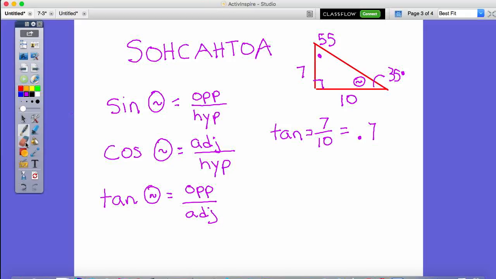Okay, and I'm going to check it. So now instead of calling this angle theta, I want to check that this is 55 degrees. And I'm going to call that angle theta. So to set up this tangent ratio, the opposite side is now 10, and the adjacent side is 7. So 10 divided by 7